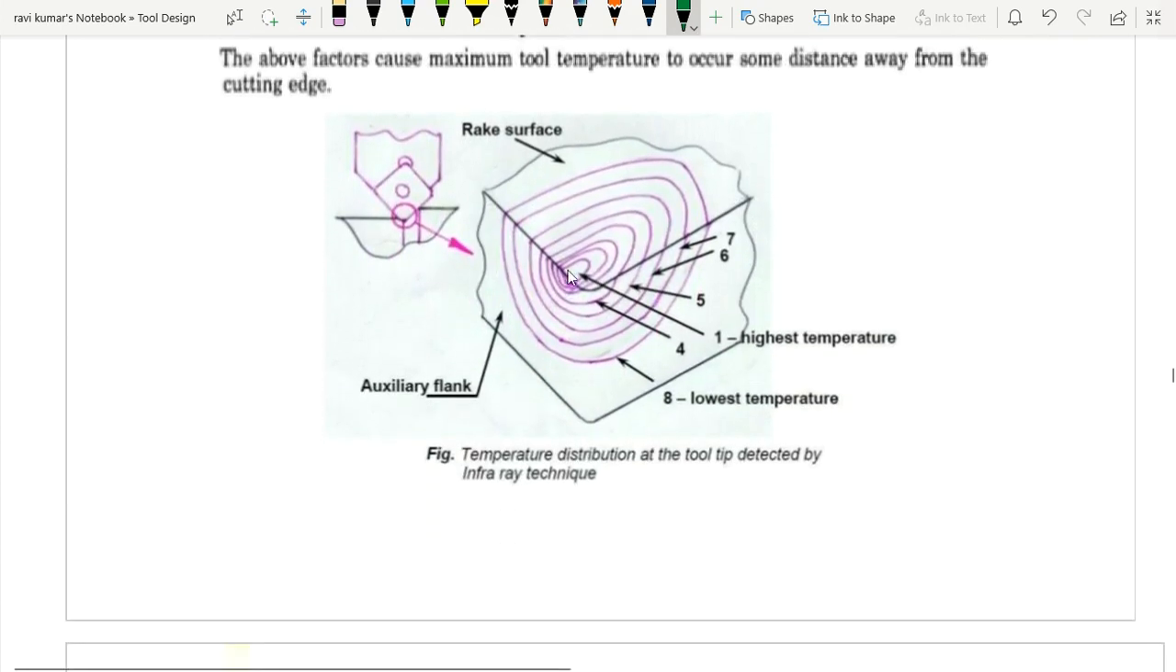So this is one IR photograph which shows contours of temperature distribution, right? So these lines indicate temperatures of same numerical values,